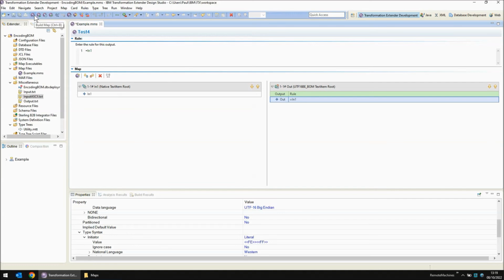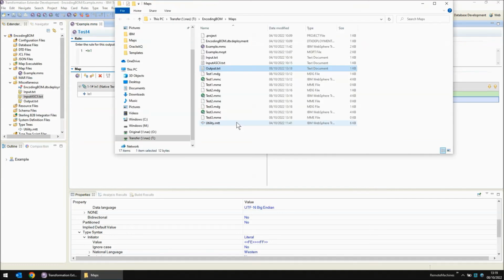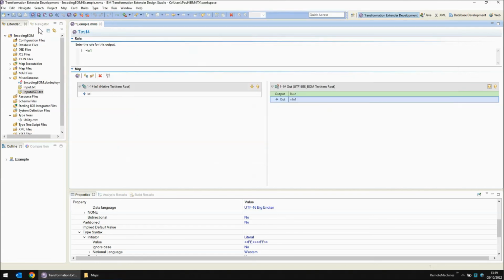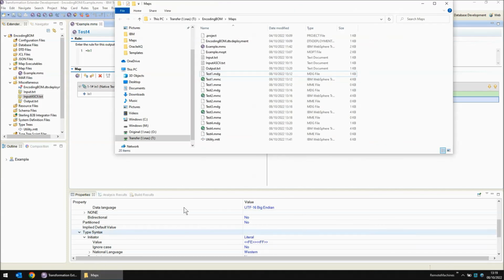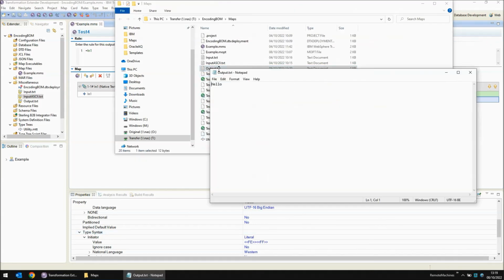Now if I build and run this map, before I do that I'm just going to delete the output file just to show it getting recreated. Build and run, map is completed successfully, and if we double click on it to open in Notepad, it looks normal,